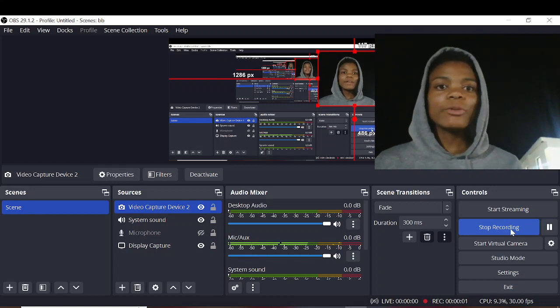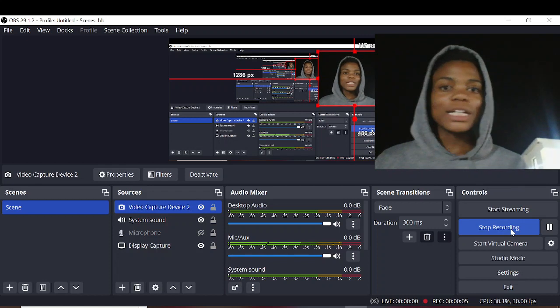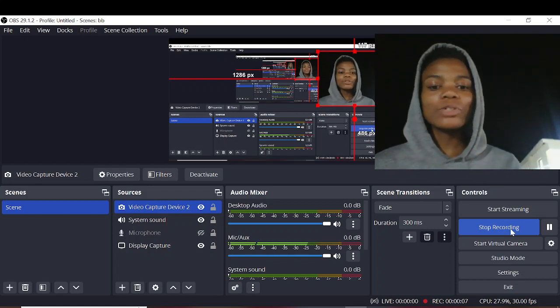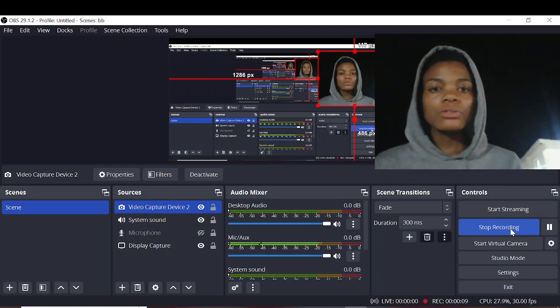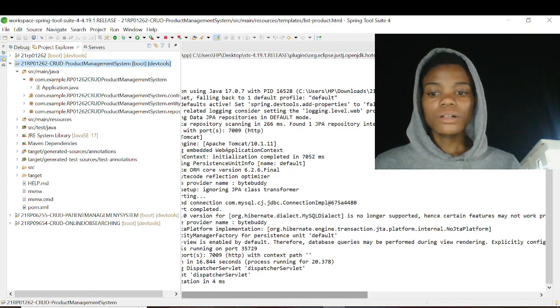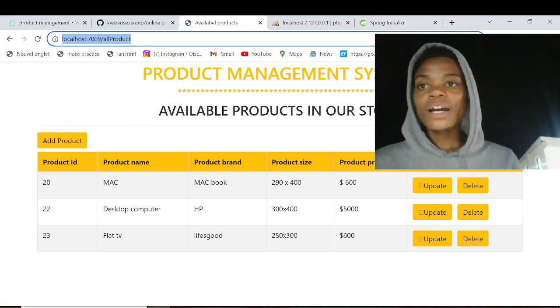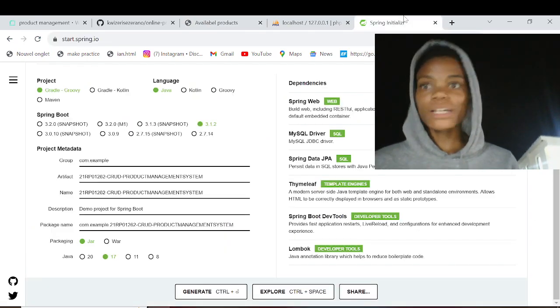Hello guys, I'm going to show you how you can create a product management system using Spring Boot. So here, first of all, you go to the browser that you have, and you type this word